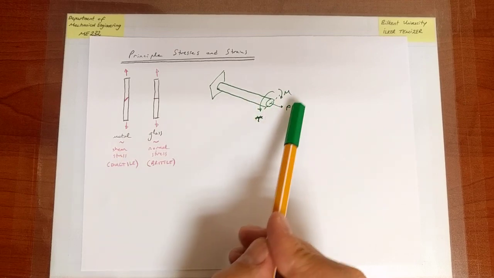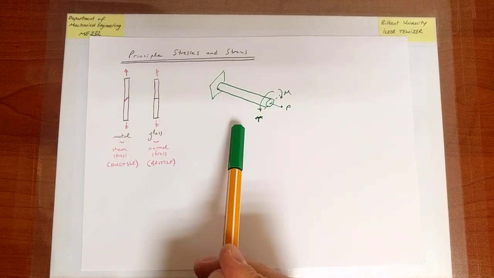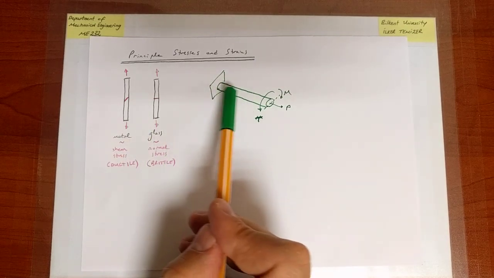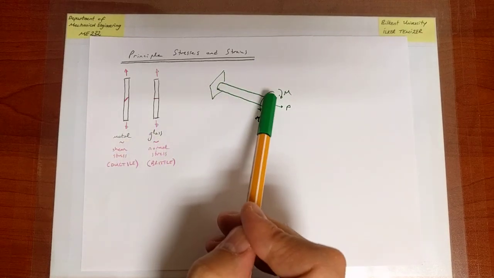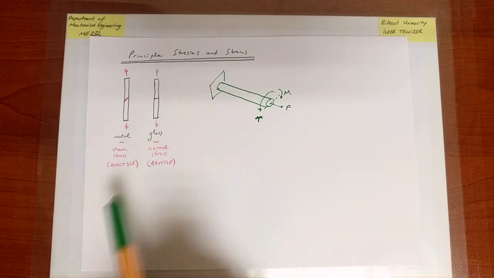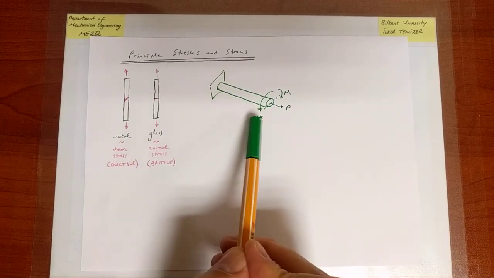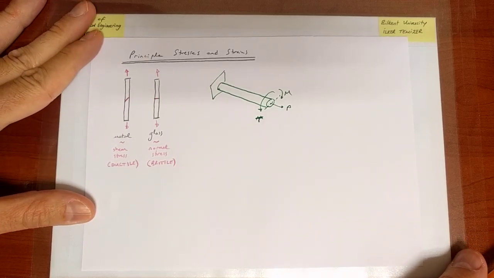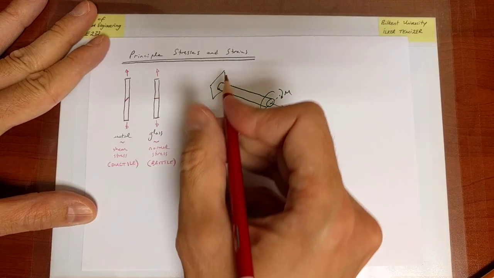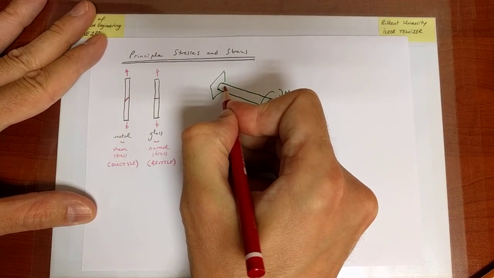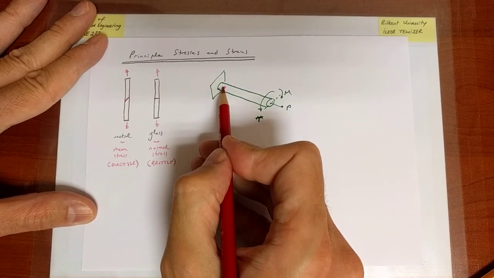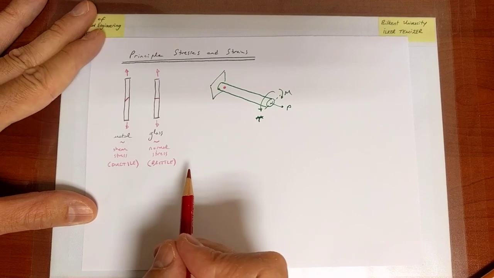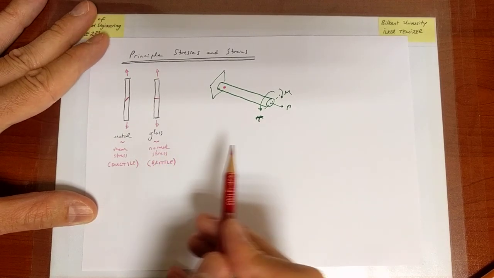And therefore, when I am given such a loading, I would like to find out where the maximum shear stress occurs and/or where the maximum normal stress occurs throughout the structure. Okay, and now that question is not a trivial question to ask because, even at a given point in the structure, say that point,